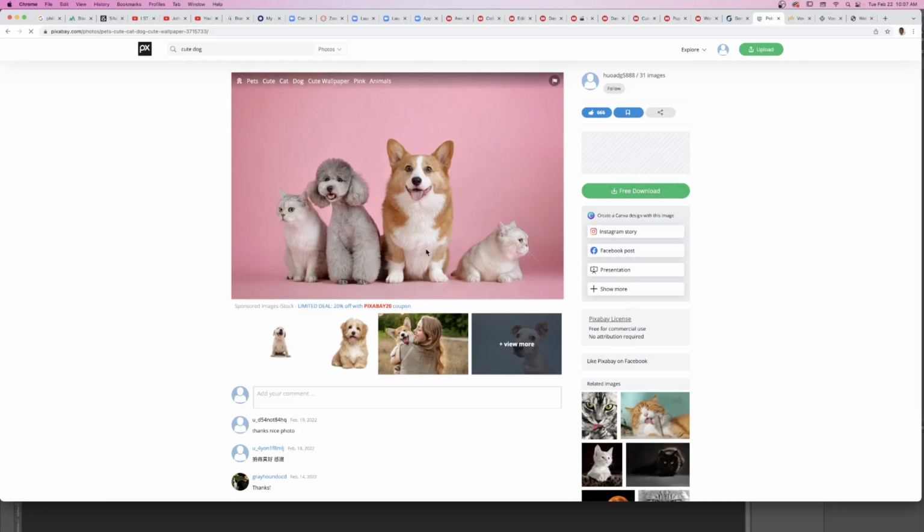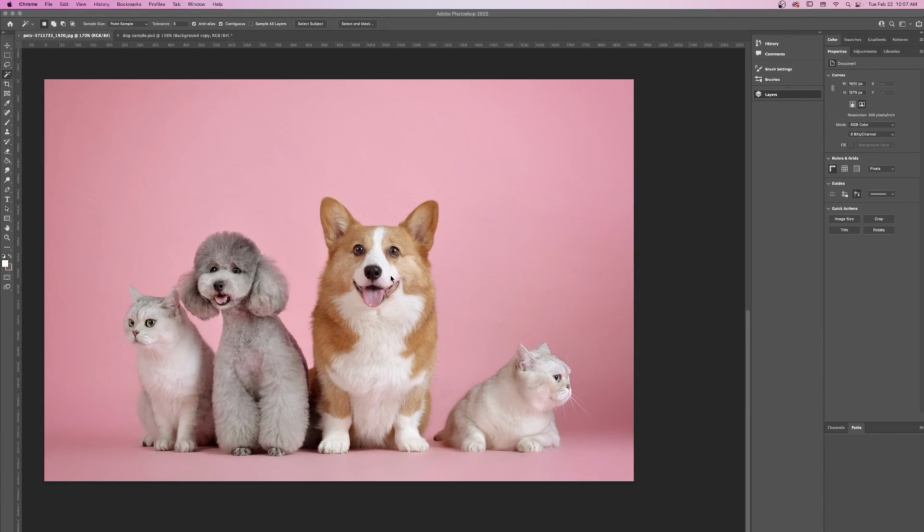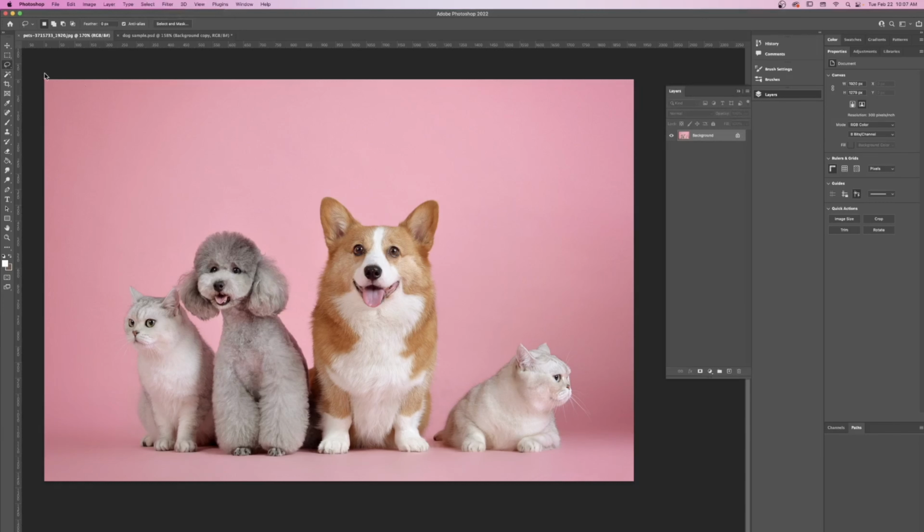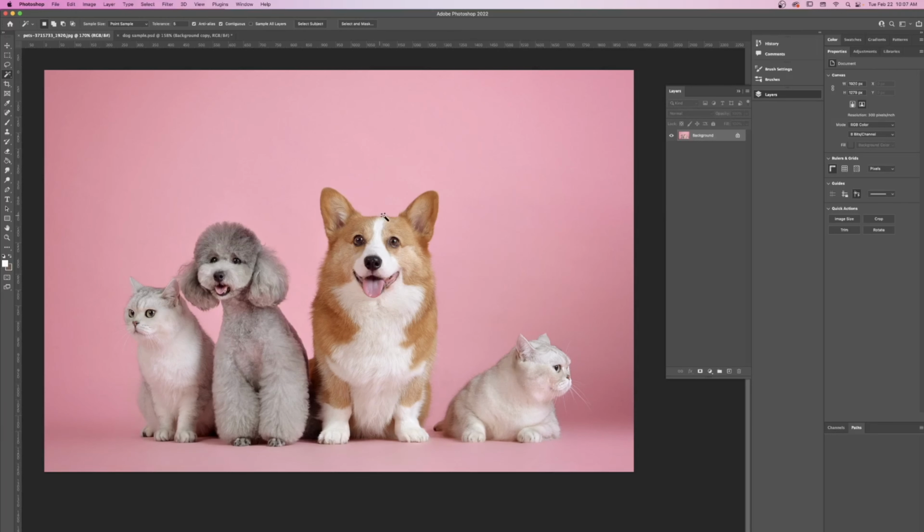So I'm gonna use one dog here, right? The largest dog here. I don't know what type of dog that is, but if you do, drop me a line in the description, all right? So I brought the dogs here into Photoshop, and if you know Photoshop, you can use the lasso tool or the magic wand, right? So I first isolate the dog that I want. And inverse,